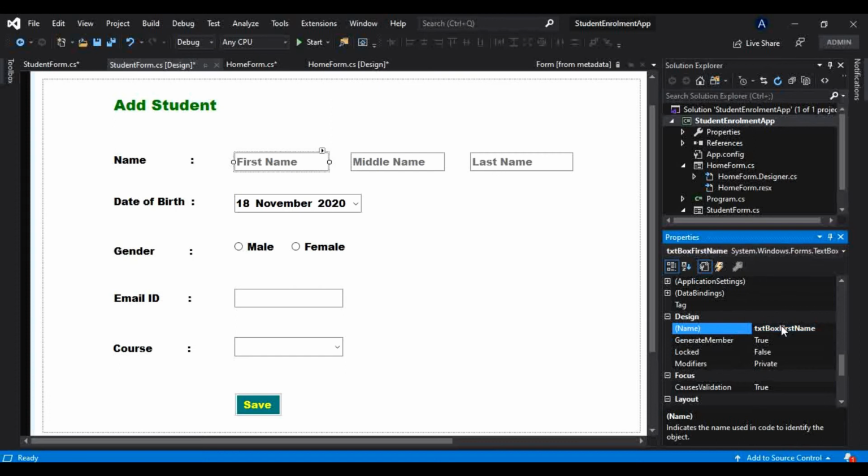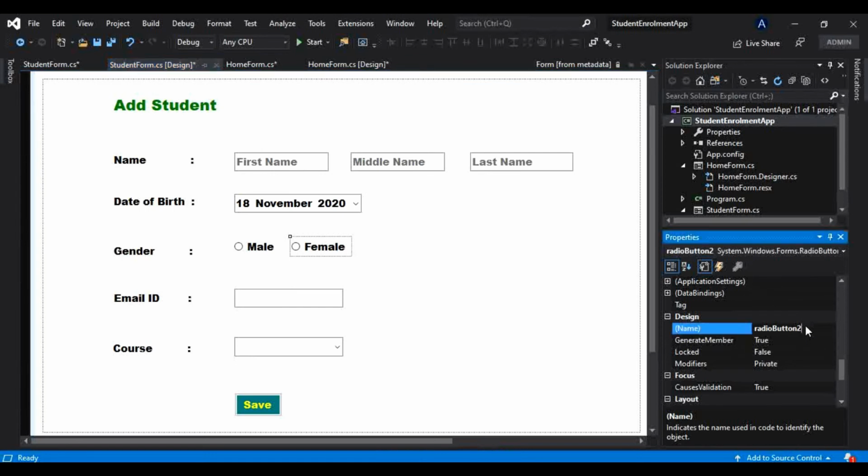and I will copy this, and I will give that middle name as well, txt middle name, and to this last name I will give txt box last name, and to this date time picker, maybe date time picker dob, I will give that date time picker dob, and to these radio buttons I will give radio button male, that is name.